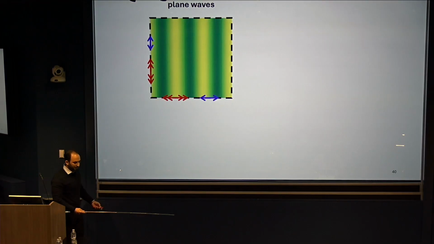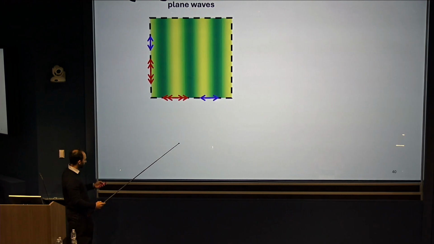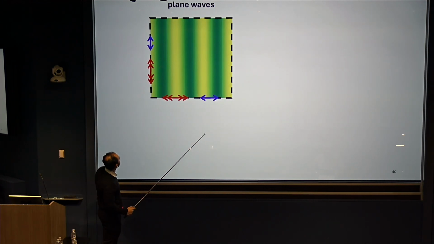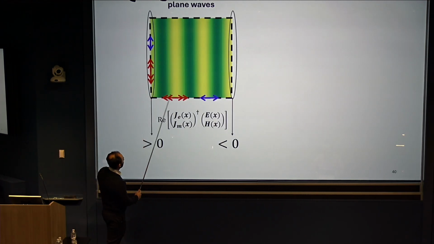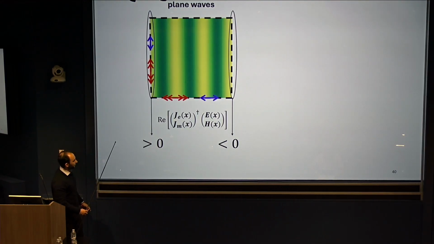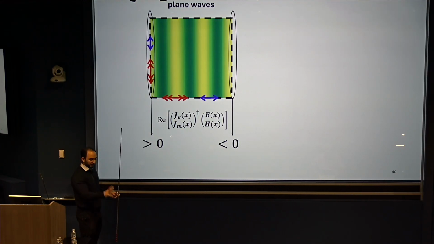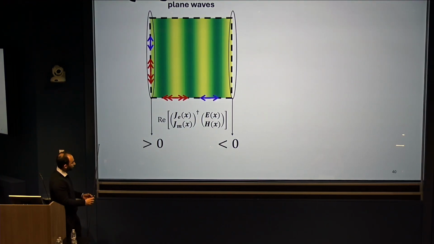And so you might say, well, look, this is easy. Just look at the points that have positive power flow. Only count those, and don't worry about the points where you're absorbing. In this case, the left boundary has positive power flow. The right is negative. The total is 0. But the problem is, even if I force the optimization to just have power that's non-negative at every single point, I can still get exactly these types of solutions.